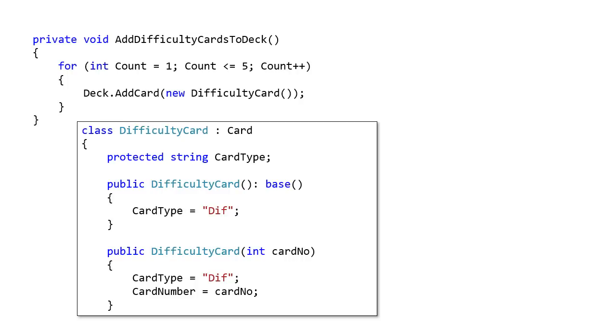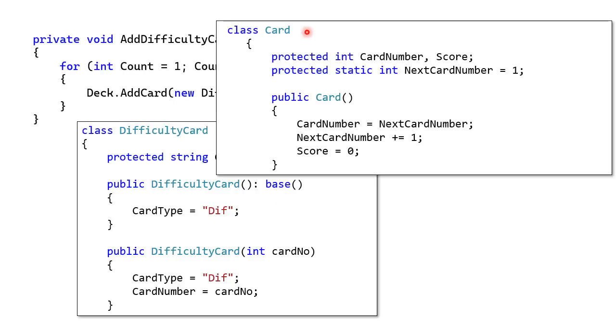So in this case, we haven't passed it a parameter, so it's going to be using the first implementation here. Using the base keyword here means first it calls the instantiator from the base method, so it's calling the constructor from the base method, i.e. the card constructor method. So this is our base class, our parent class Card, and it uses this static attribute